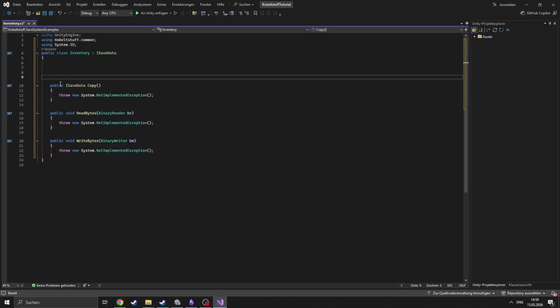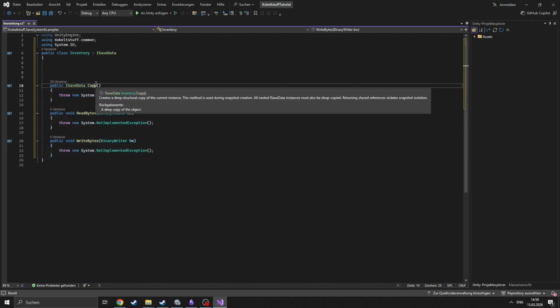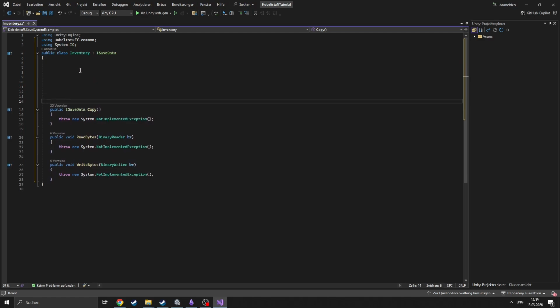We get all three methods that are needed for the persistent part. But first we have to create fields that we can persist, like a public int. We can use everything that is representable in binary,